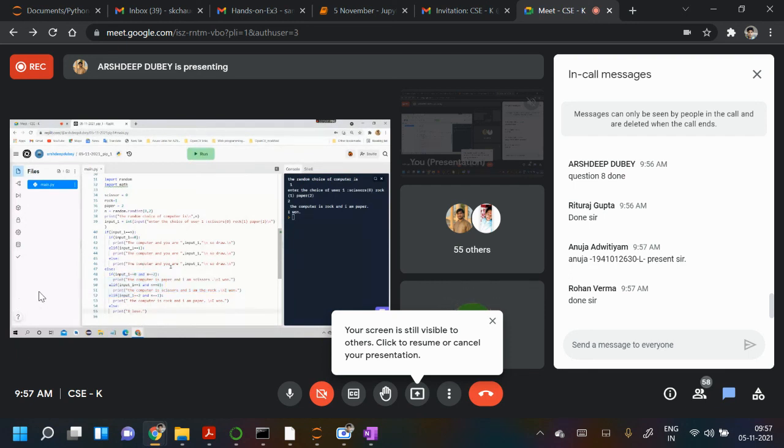Okay. So if I run, sir, it is showing the random choice of computer is zero, scissors, and if I give one, then sir I will win, sir. Okay, so computer is scissors and you are rock, so rock will win.